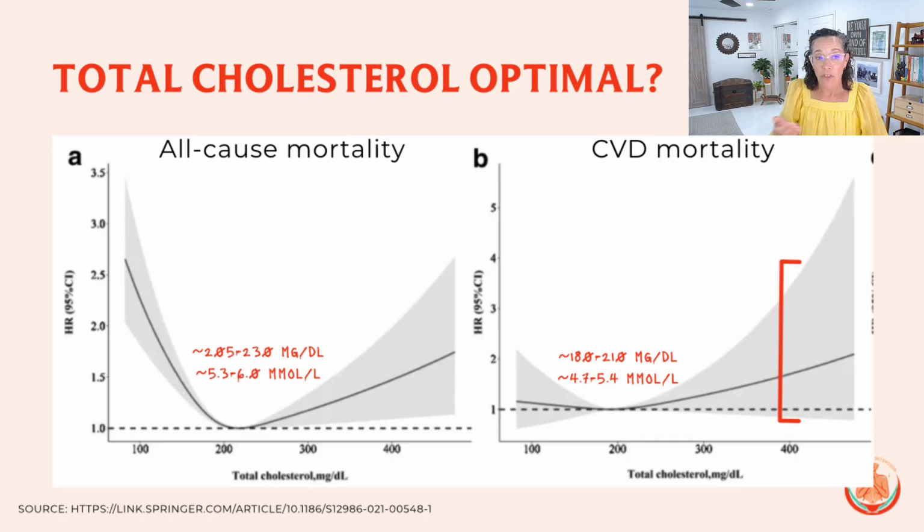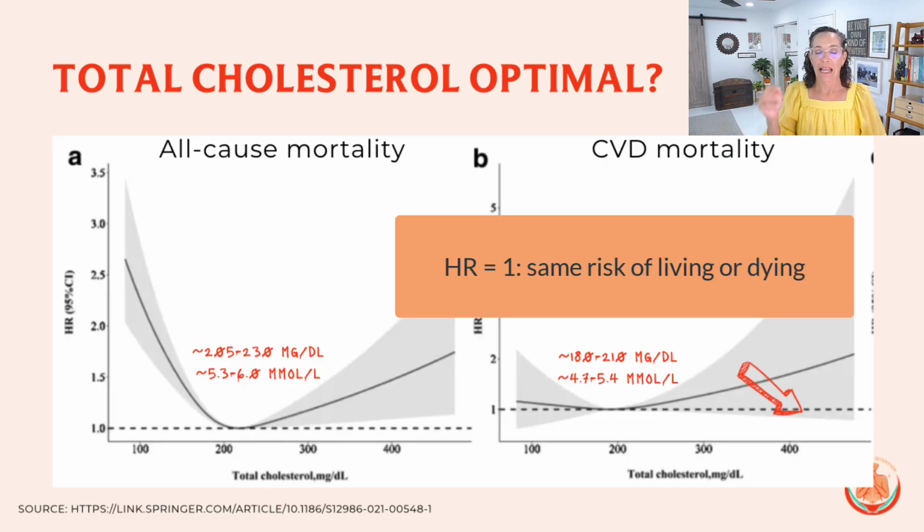And it is possible that for a few people with higher cholesterol, they have less of a chance of dying from cardiovascular disease than if they had lower levels of total cholesterol. And we can see that right there. This gray section where the hazard ratio is less than 1 shows us that there is a chance that you are more likely to live with a total cholesterol level of 400 milligrams per deciliter than you are to die from it, because the hazard ratio of 1 means the risk is exactly the same.